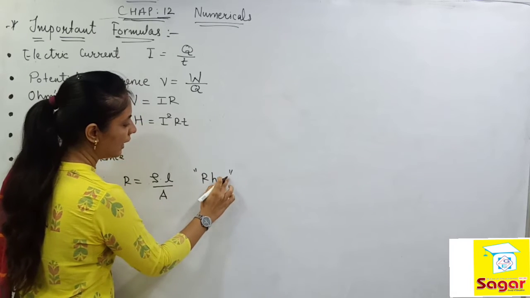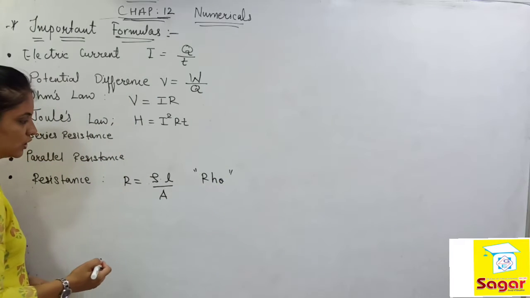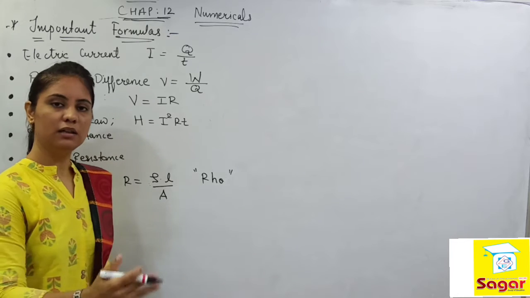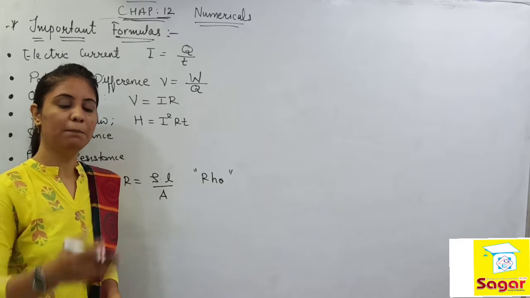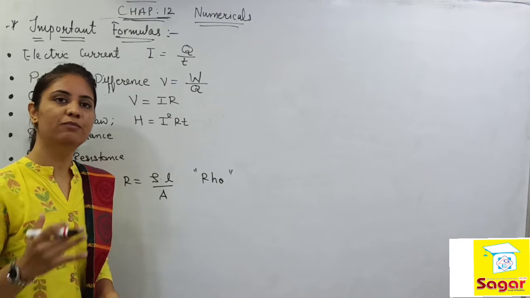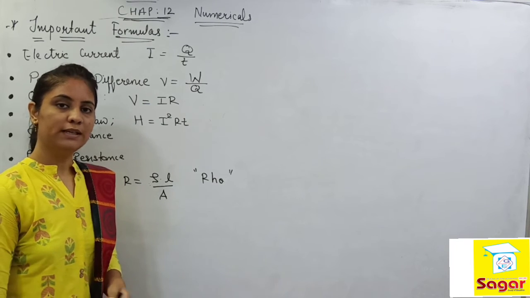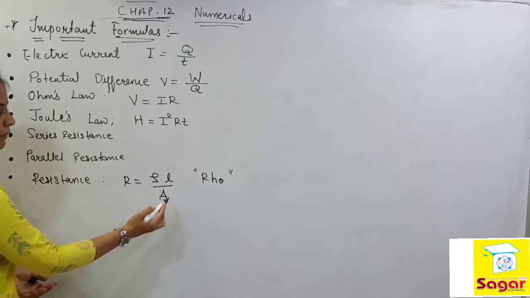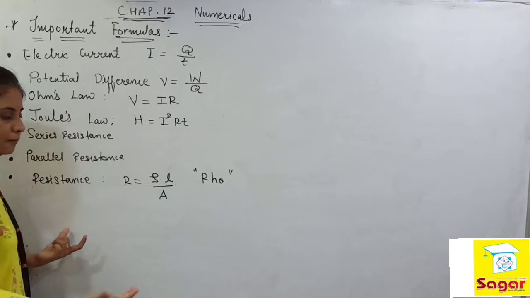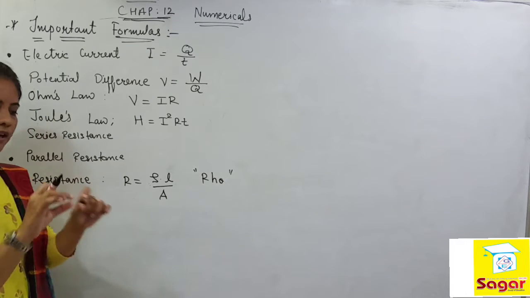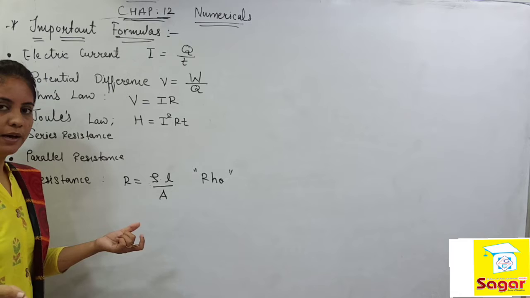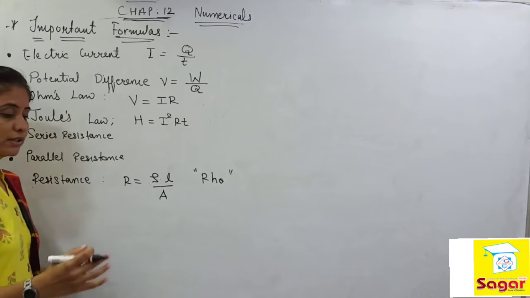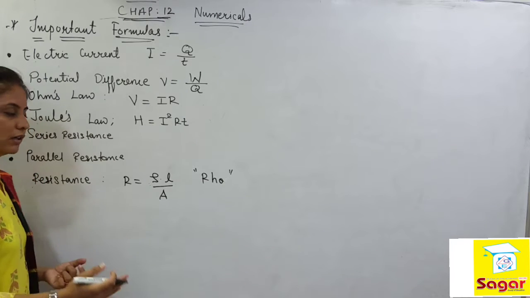Okay, rho, that is how it is pronounced. So it is resistivity. Resistivity means the capacity of any material, that is, how much voltage can be prohibited and how much voltage can be stopped. So it is a capacity of any material, and that we call resistivity. So resistivity multiplied by the length of the conductor, divided by the area of cross section of the conductor, or any copper wire or any wire. The resistance offered by any conductor we can find by using this equation.